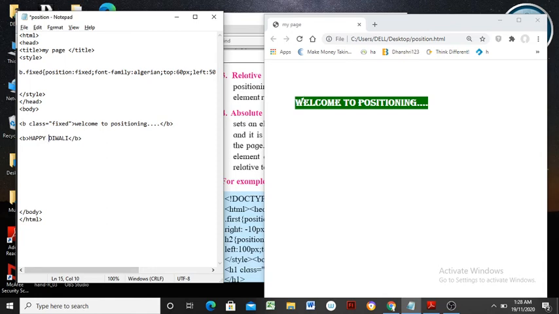I have given here the text Happy Diwali. Save this document, refresh here, and it will be displayed. See here, Happy Diwali. The content is displayed, and preference will be given to normal text other than such content.